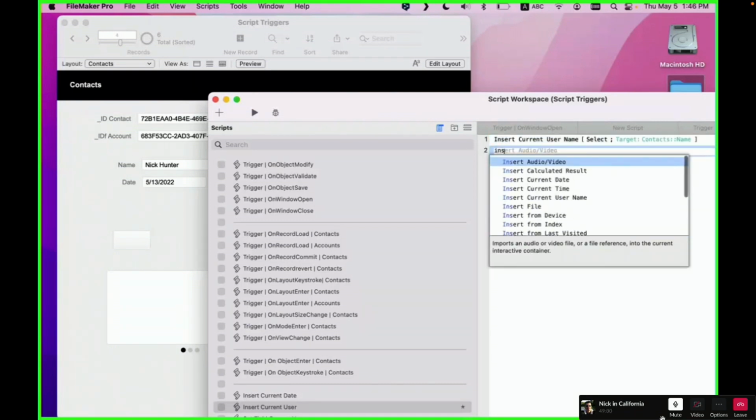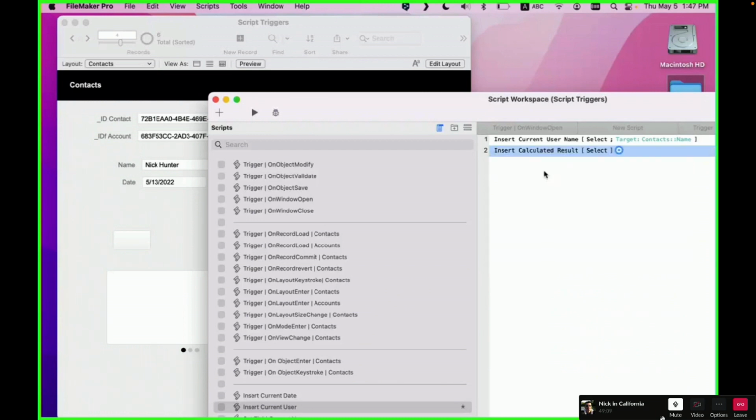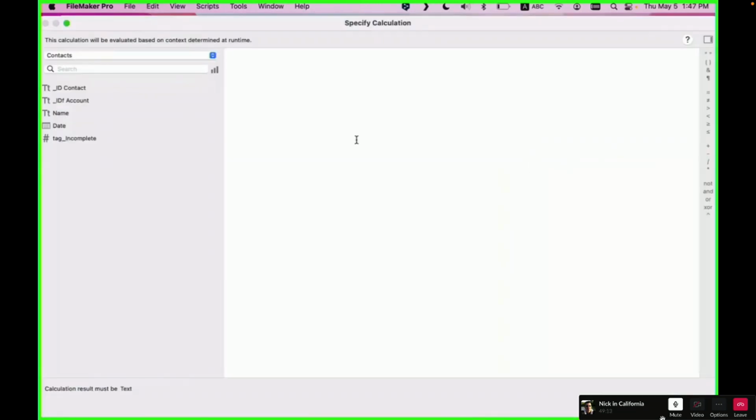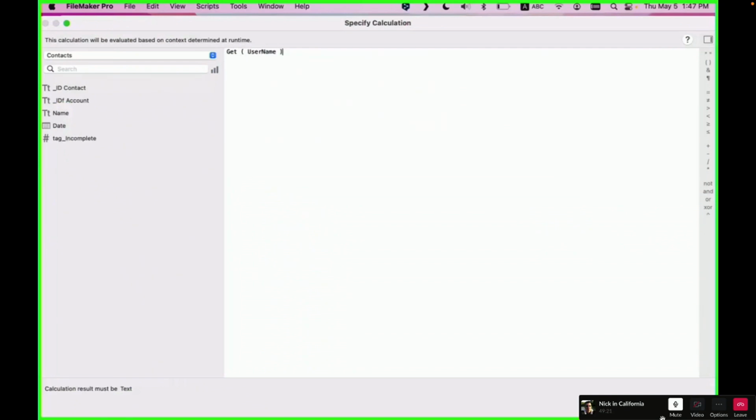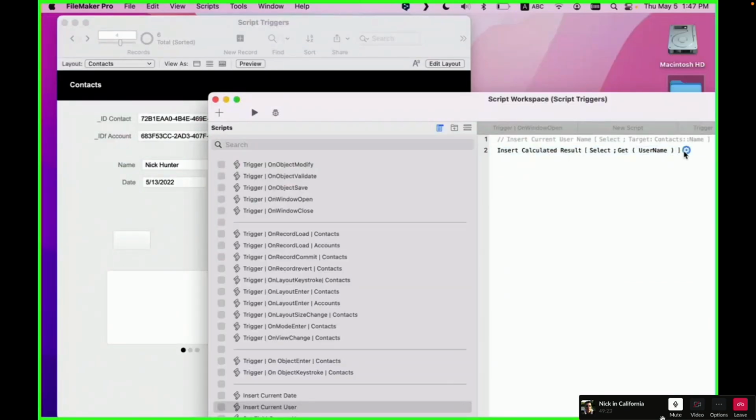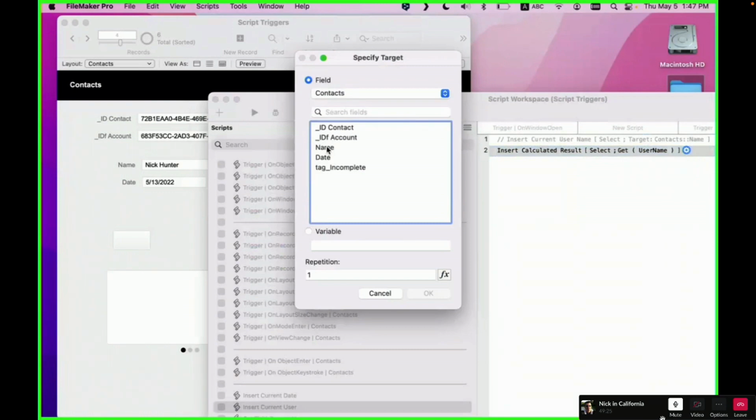Because you have a bunch of inserts. What's the difference between insert calculated result and set field? Let's do this one. So insert calculated result, I want get username. What's the difference between this,